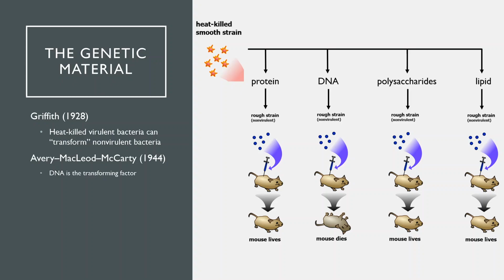So using things like centrifugation and column chromatography, they separated the heat-killed cells into the protein component, nucleic acid component, the polysaccharides, and the lipids, and injected each of those into a live mouse with the rough strain non-virulent bacteria. And the only thing that could transform the rough strain cells into smooth strain cells was the DNA